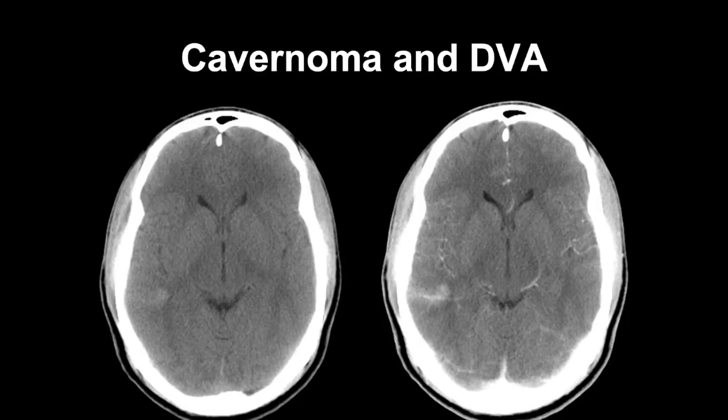Before we move on, I also want to discuss with you the different types of cerebral vascular malformation. So we discussed aneurysm and arteriovenous malformation. I wanted to mention two other types, cavernomas and DVAs, and I mention them together because they tend to be associated with each other. So the DVA, the developmental venous anomaly, is the abnormal draining vein, draining normal brain tissue. So typically we don't do anything for DVAs,